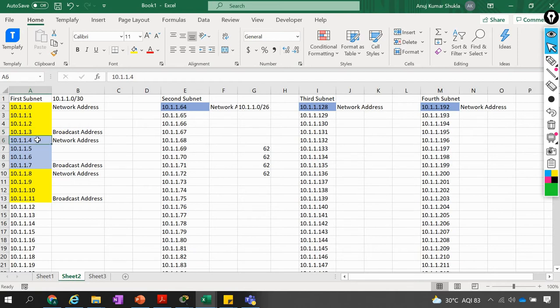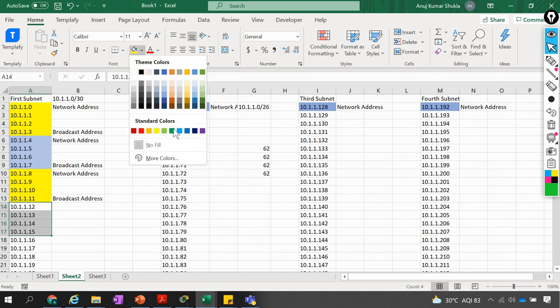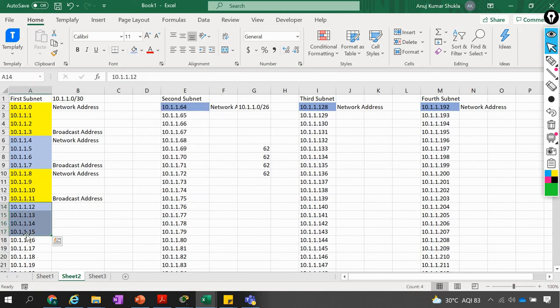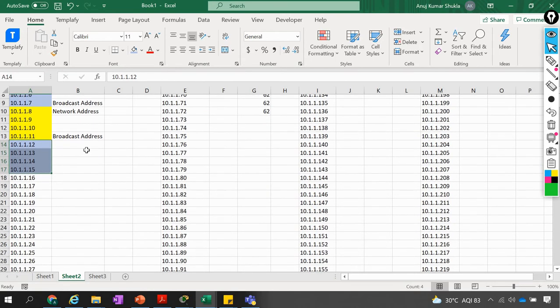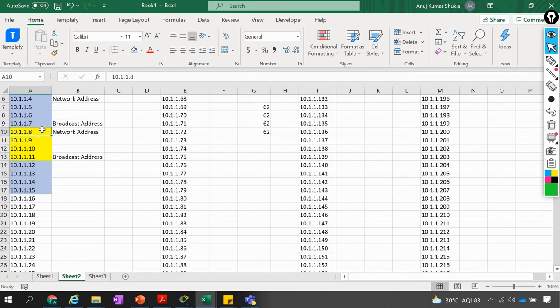Correct? The same thing is happening for the second one. If you do not understand this, please try to do it by yourself. Then you will understand it clearly. So we are having this many networks. Keep on dividing this one. Let me use a shortcut if it works.